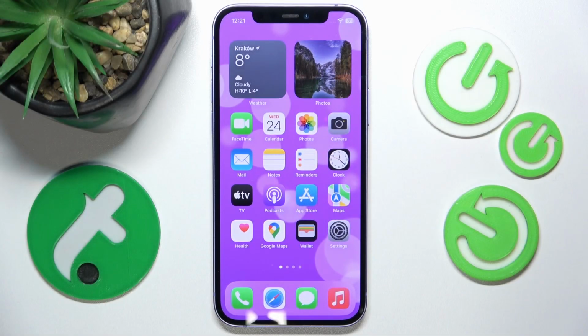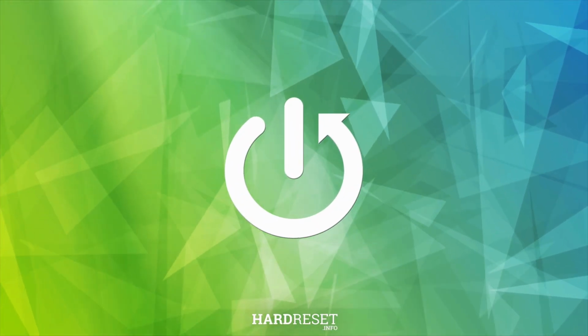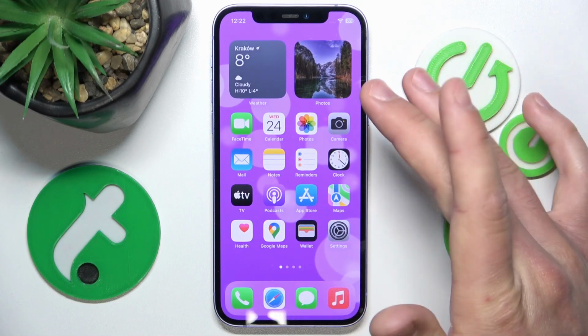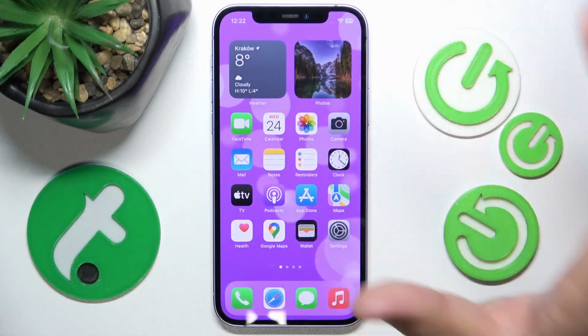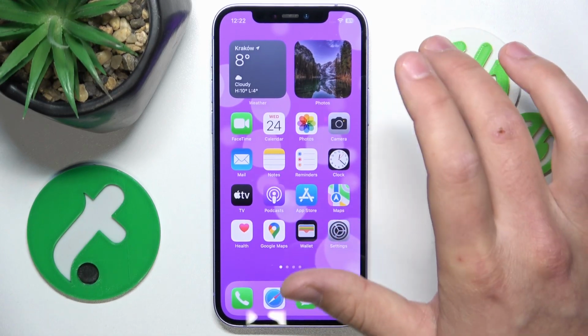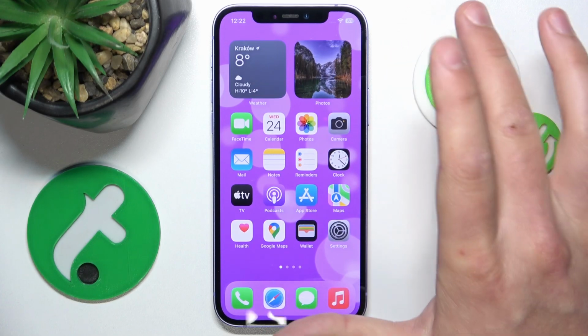Hello, in this video I'm going to show you how to enable or disable Siri on the lock screen of iPhone. So today in front of me is the iPhone 12 with iOS 17.4, but it really doesn't matter which iPhone you have or which version of iOS you have, it's all going to work the same on every